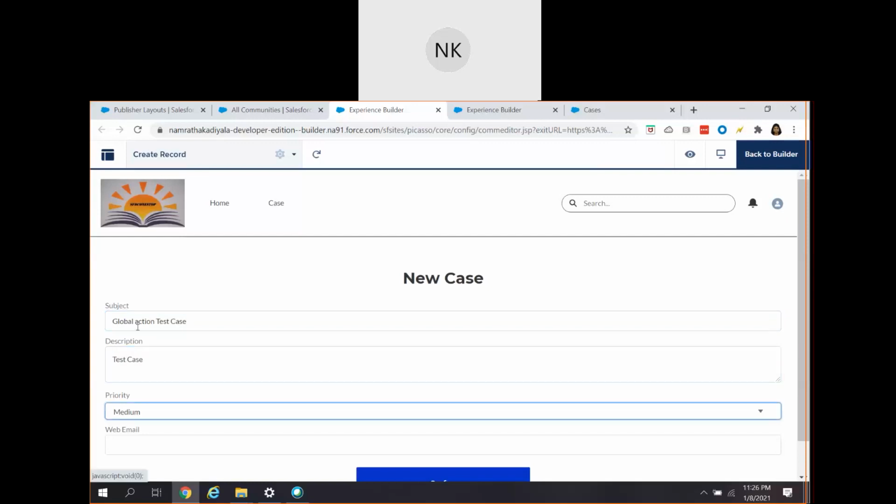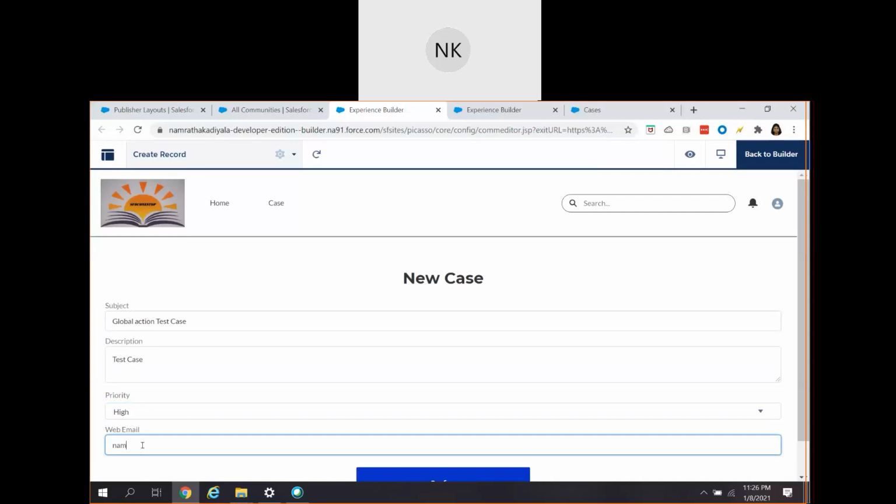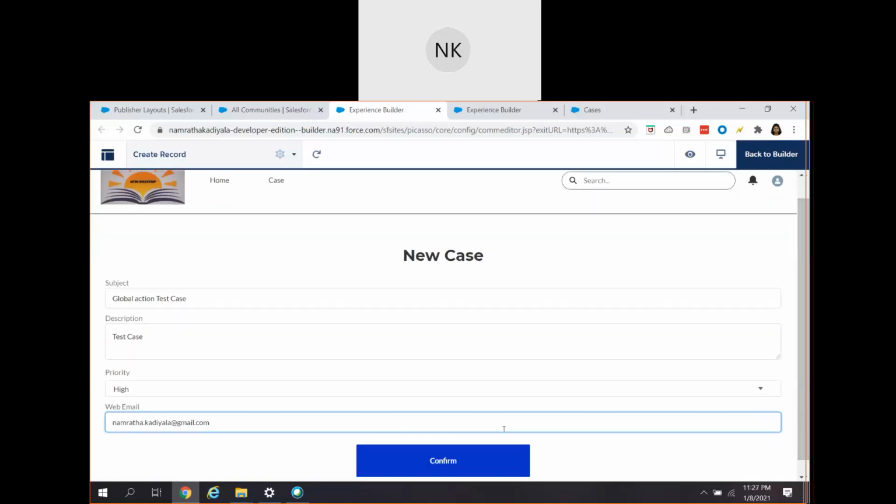Priority, I'm selecting as high. Web email, I'm giving as namrata.karyala@gmail.com, and click on confirm. As soon as the user clicks on confirm, a new case gets created in Salesforce.